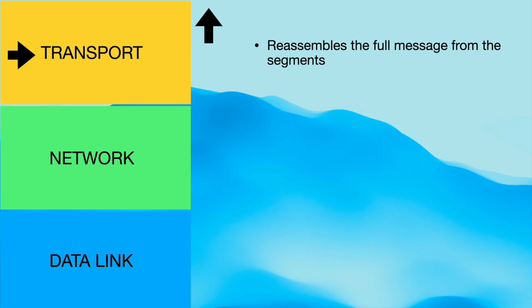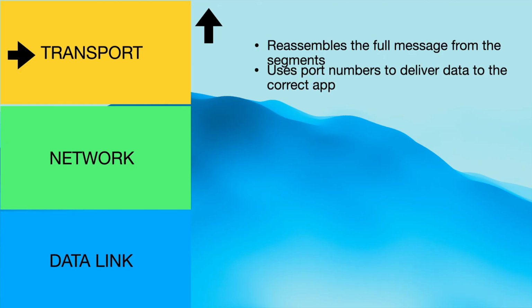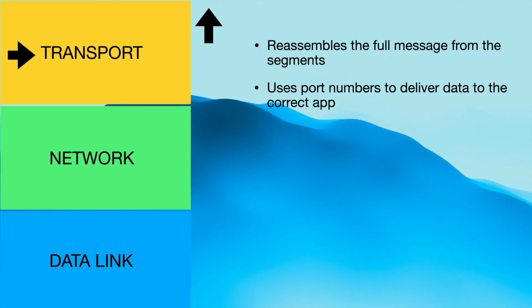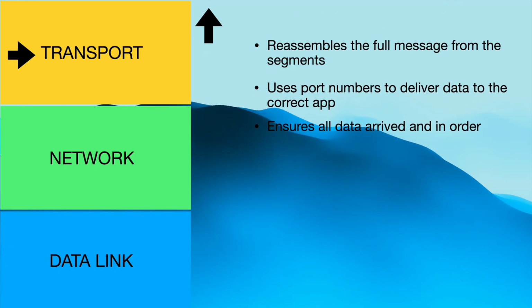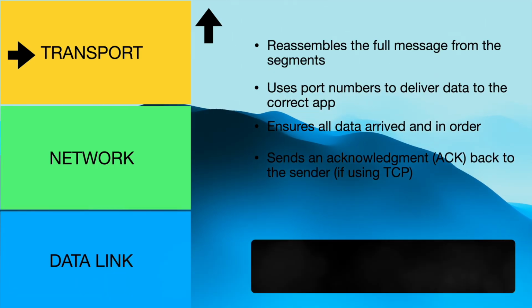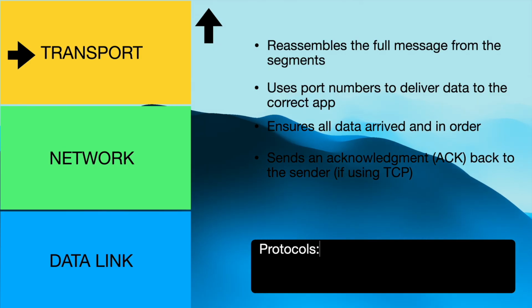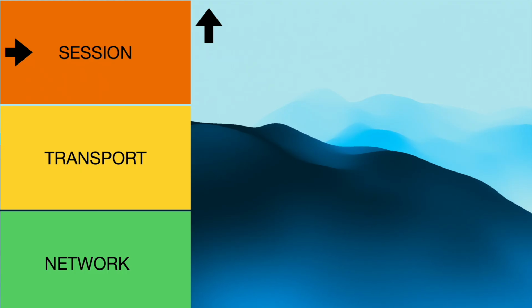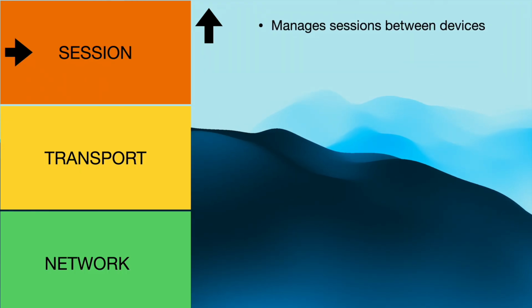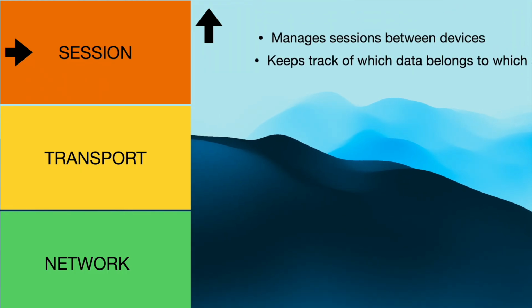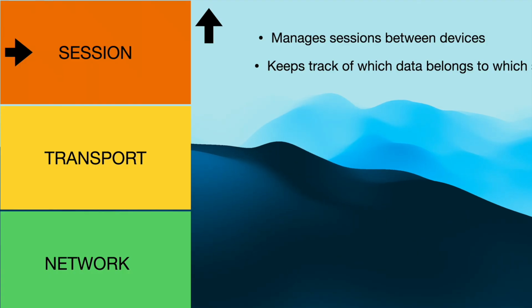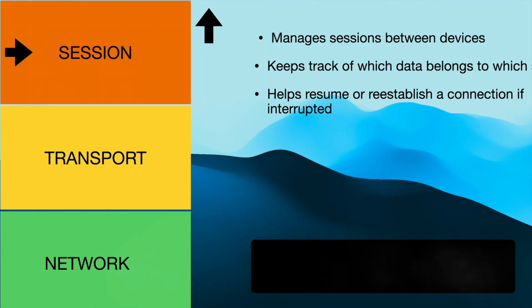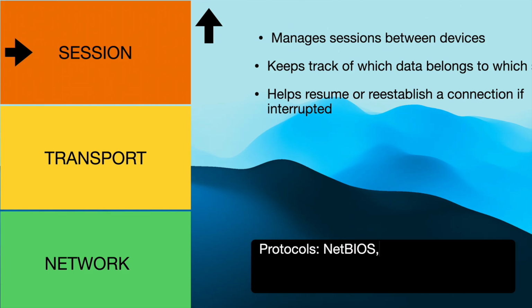Now the data is in the transport layer, where the segments are reordered using the sequence numbers and any missing data is requested. Once it's all there, the data is stitched back together. Then it gets passed up to the session layer, where it ensures the session is still active and that this data belongs to the correct communication stream. And then it gets passed up to the presentation layer,